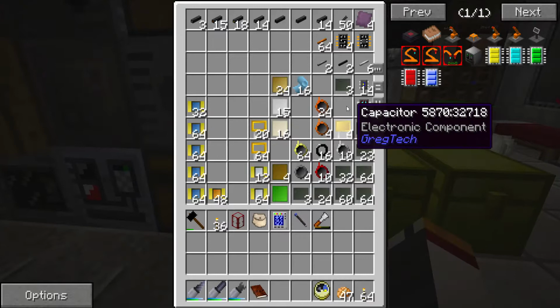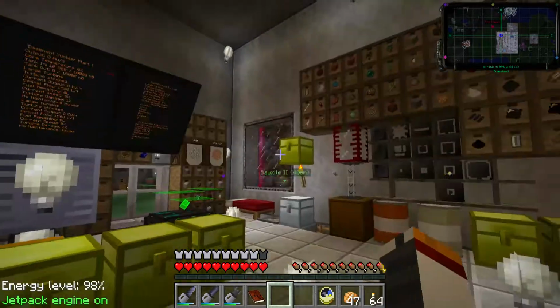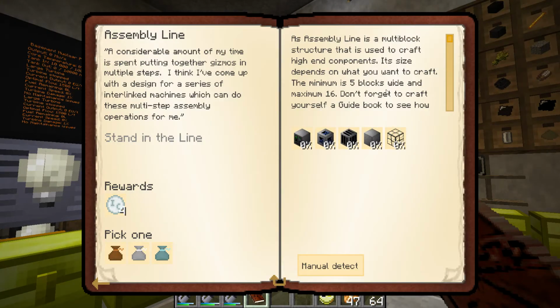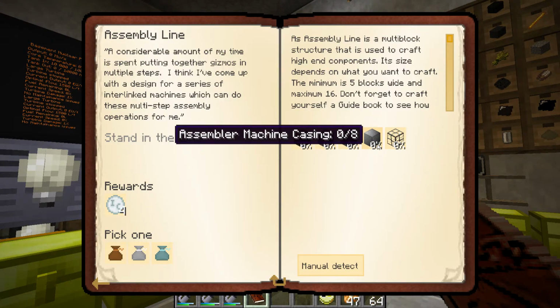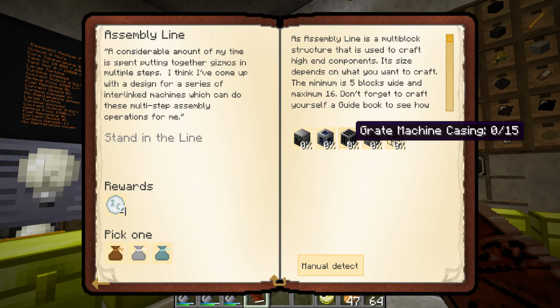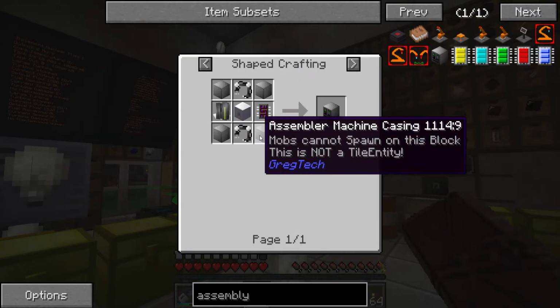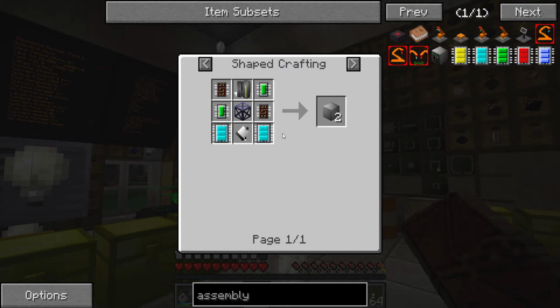I do have a bunch of qubits sitting around over here. Yeah, but this is going to be a very expensive machine. That just makes me want to scream right there. 8 of these, that's crap. Machine grate, 16 forced glass. Well, the first thing we need to do is make the assembly line. Unfortunately, that is going to take